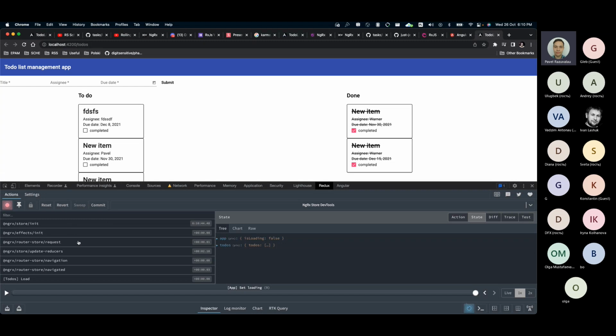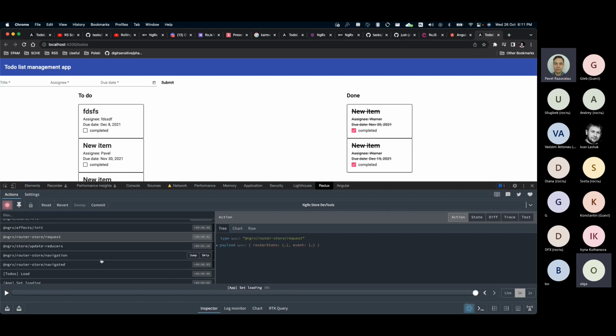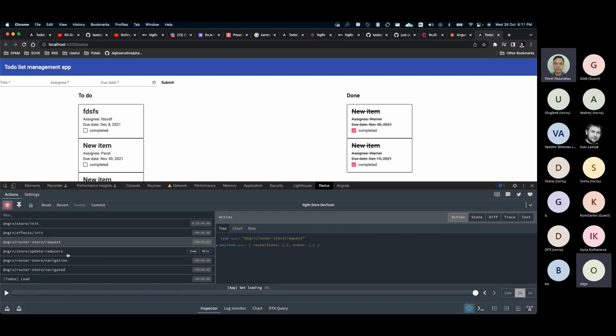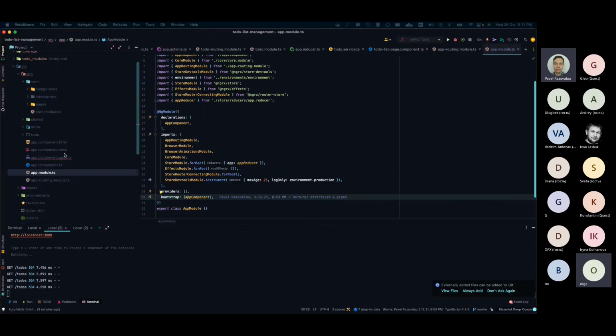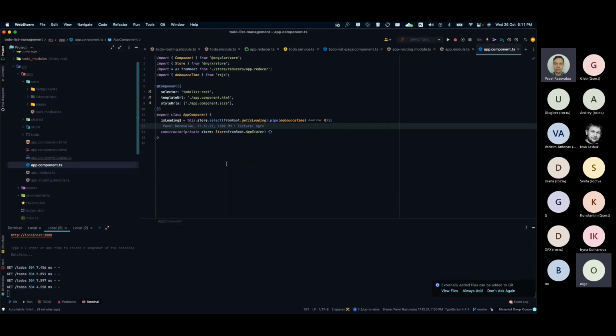As we can see, whenever we launch the application, there are some actions that trigger the initialization of both the store and effects. And as you can see, there are some actions regarding the router store. Usually, you will use router navigated to reflect the page's navigation. So there are actually several ways how we can deal